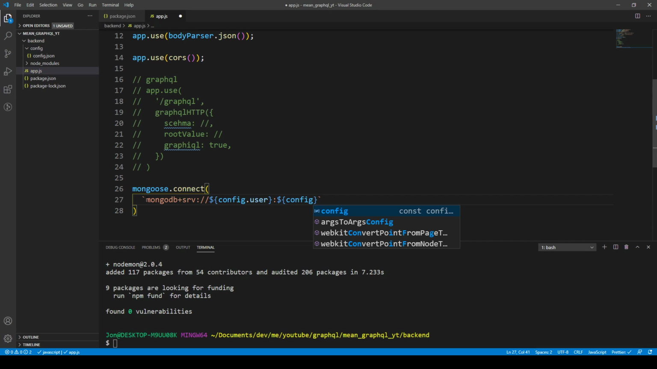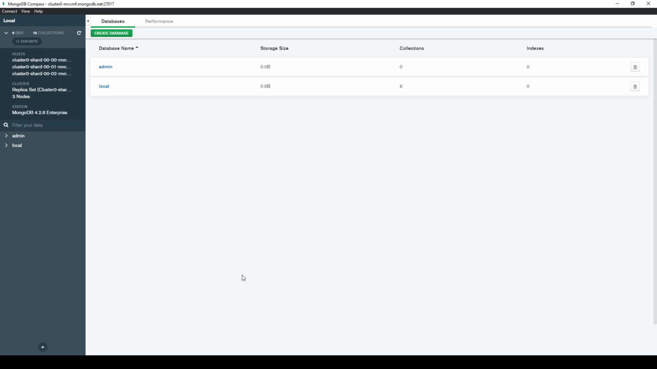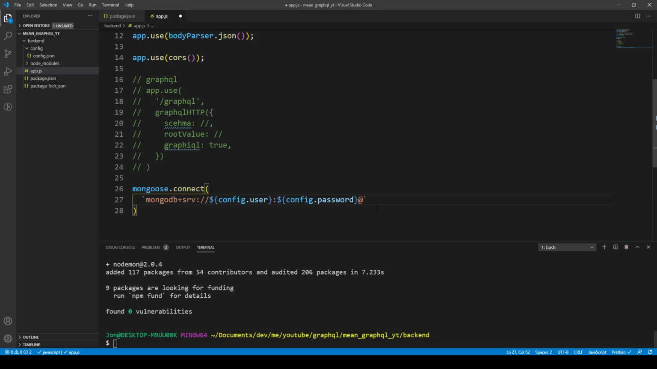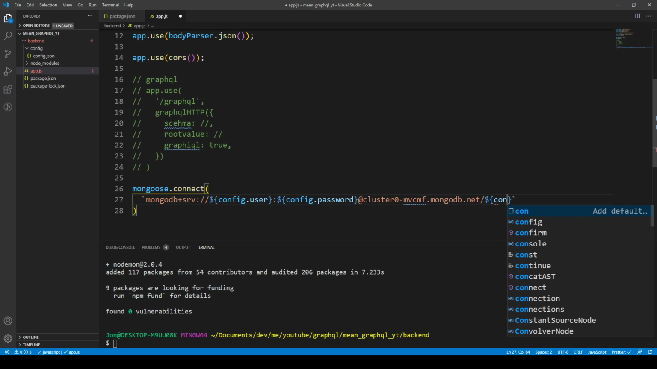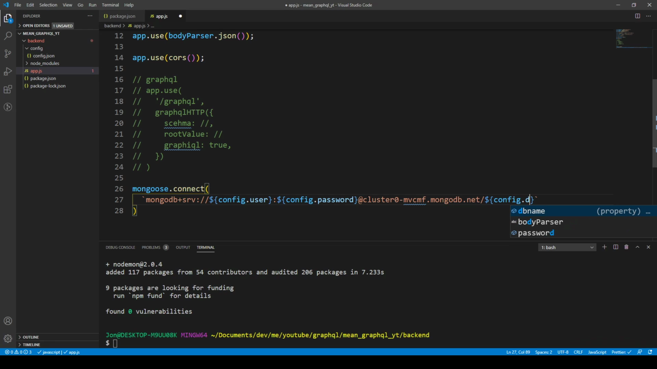and then we can get the config.password, and this is going to be at the particular cluster that you have for your Mongoose. So I've got this cluster here, cluster0-mvcmf, so I can go ahead and put that in. That's coming from mongodb.net. And then we can have a slash, and this is where we're going to have our database name. So we can use this template literal with the configuration, config dot the database name,